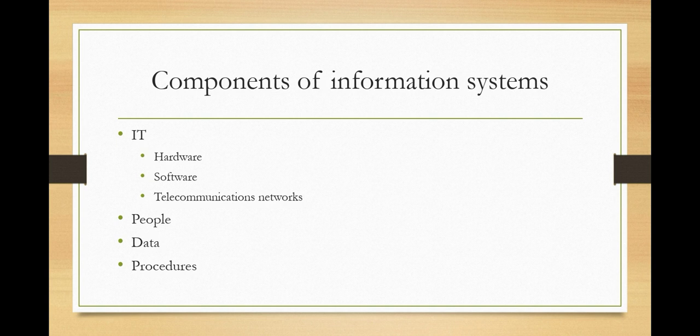Information systems also enable us to get cash from ATMs. As we know, if we need cash from ATMs, we go with our cards and we interact with the information system. That means the ATM consists of the hardware, the software and the telecommunication network that helps us to communicate with the bank and withdraw our cash.